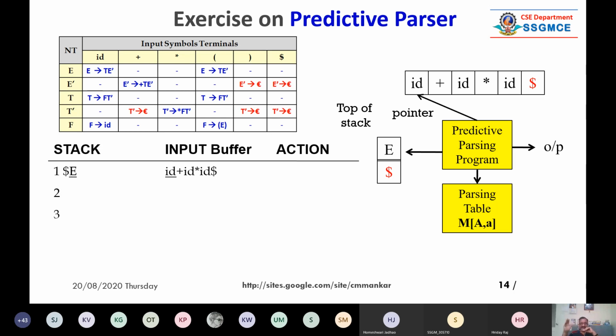Let us say that we require 17 steps to parse the given statement. So the statement contains 5 tokens. Actually, 3 kinds of tokens are there. ID is only 1 token, and plus and star are the rest of the tokens. But in total, if you count, there are 5 tokens.